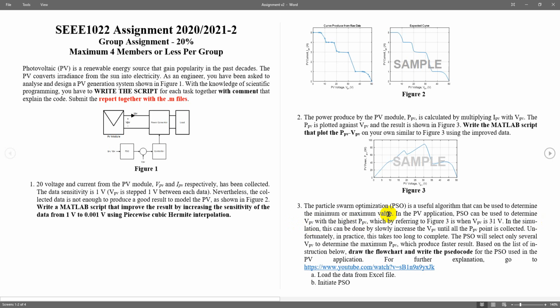So basically, the function of PSO is to determine the V. Look at the cursor. This is the V with the highest P. So from the highest P, you can find the VPV. The PSO will tell the power converter to operate at 30-something volts, because at that voltage the power is the maximum.